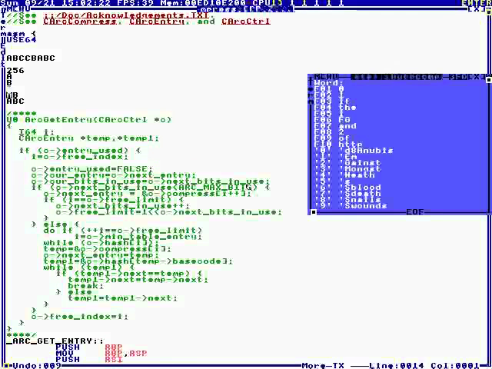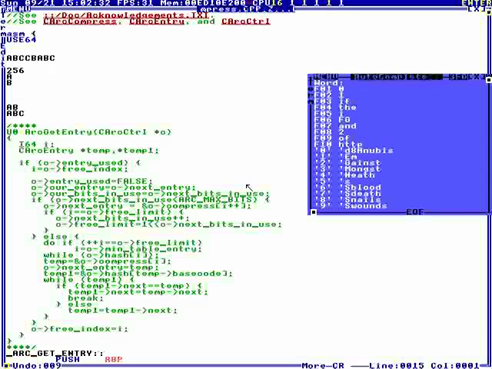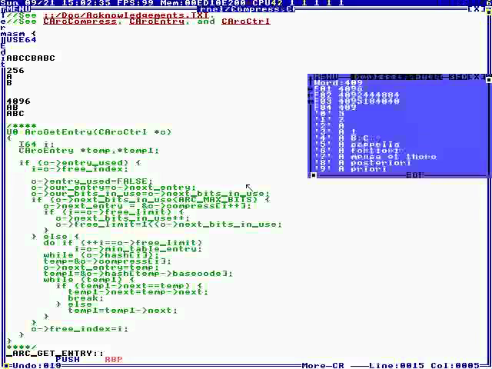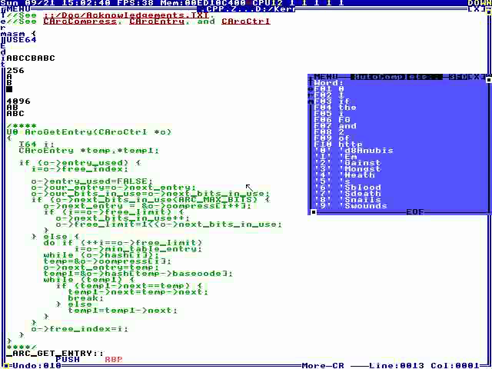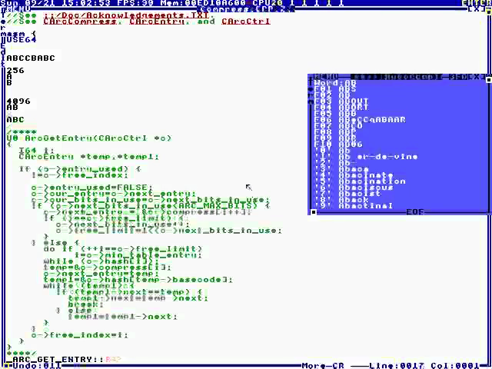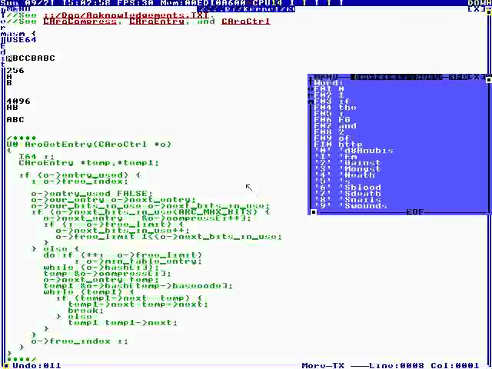It goes 12 bits. So the first 256 are single character, and then it goes up to what's 12 bits? 4096. That's the maximum table size. Each time it adds one, it adds to the previous one more letter, something like that. I don't remember. All I know is that you end up with an AB, then you end up with an ABC, and anyway,